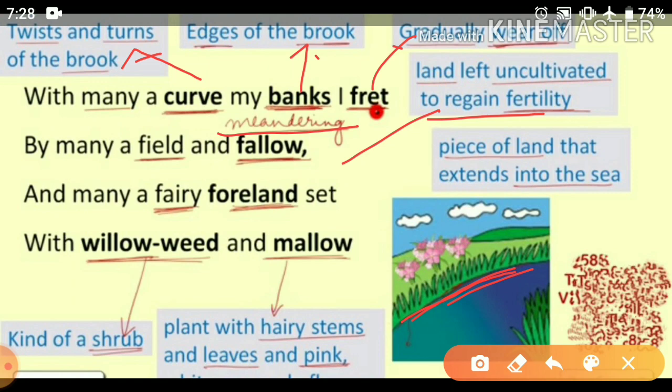So the brook says that it walks through the fields as well as fallow land, and many a fiery foreland set, and it also walks through foreland. Foreland means a piece of land that extends into the sea. Fiery foreland means that foreland where the fairy tales are